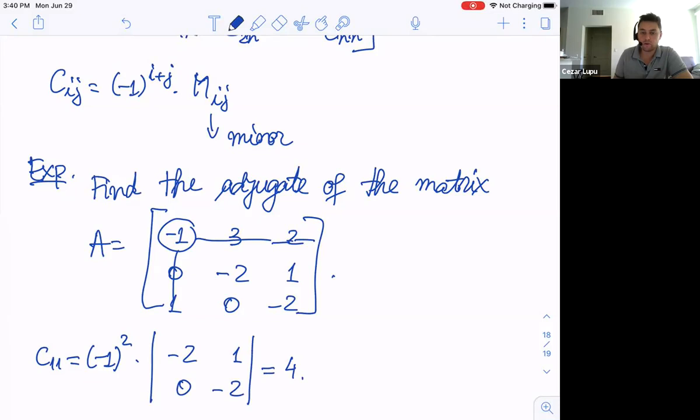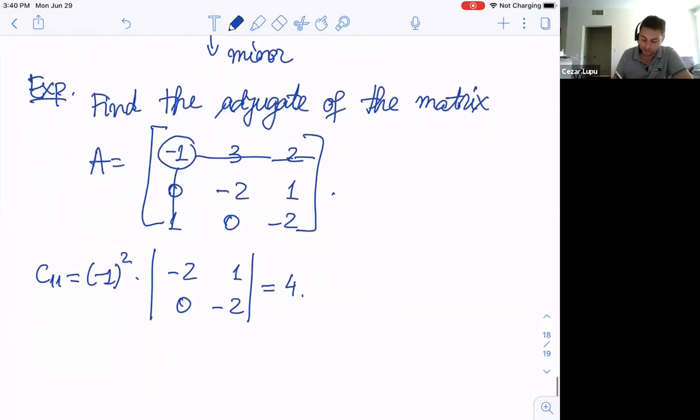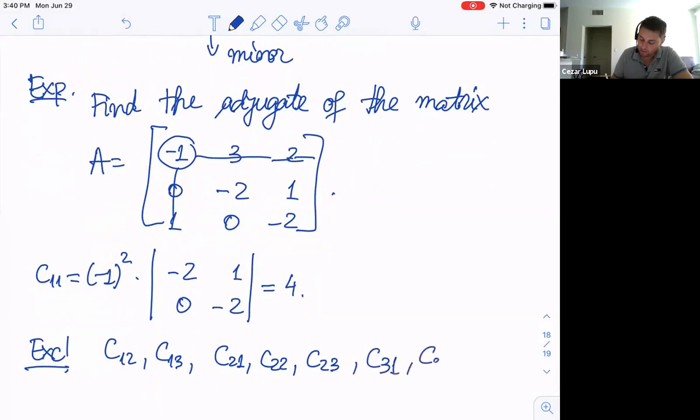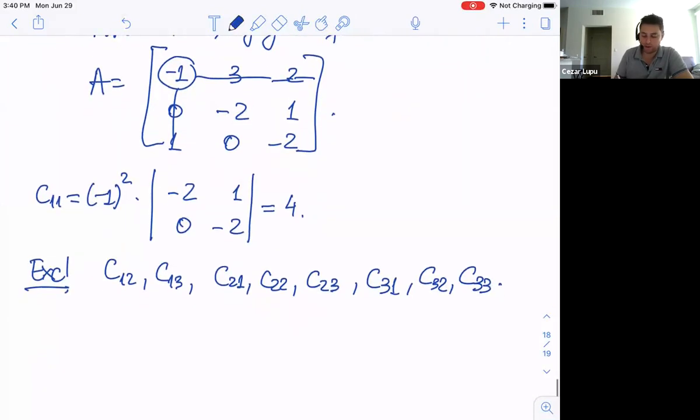I'll leave it to you as an exercise to compute C12, C13, C21, C22, C23, C31, C32, and C33. Let me give you another example and compute C12. It's (-1) to the power 1 plus 2 times this determinant,